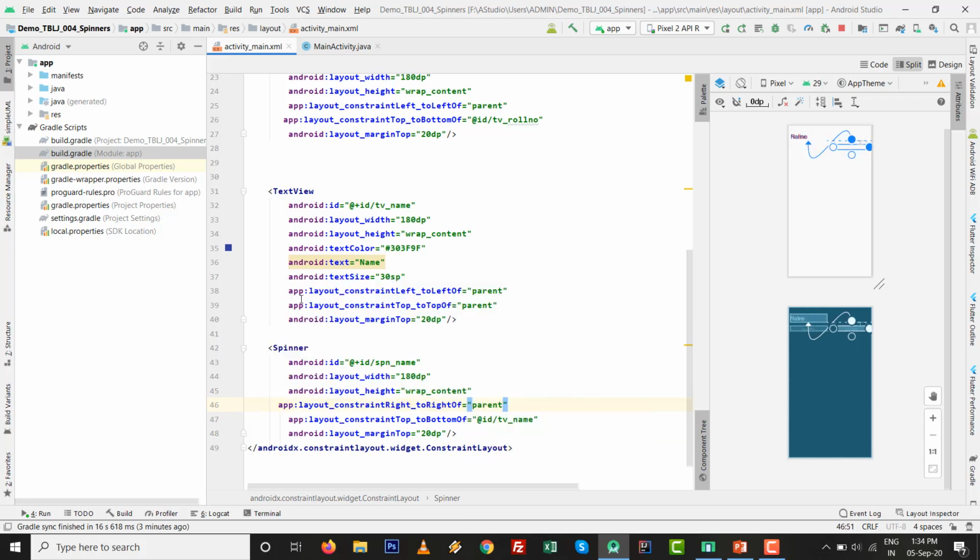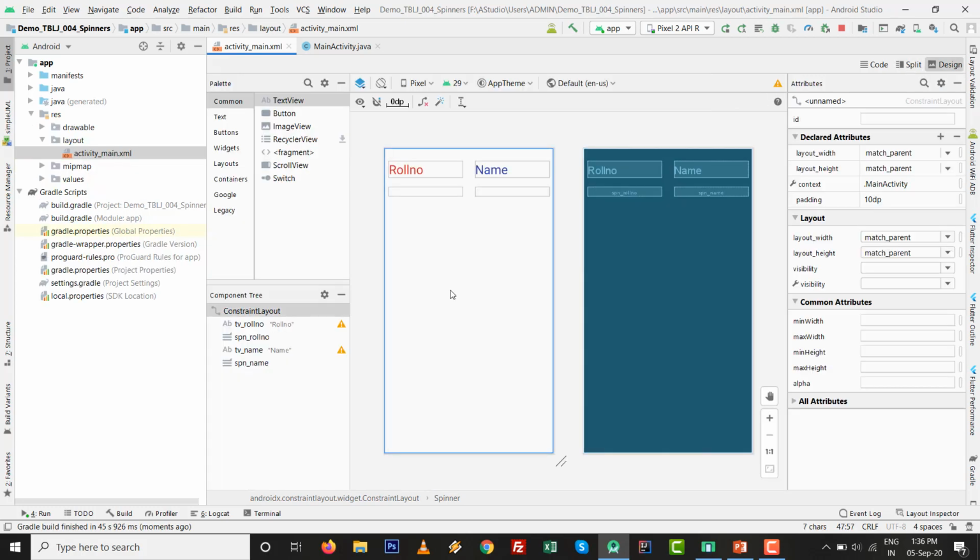So once again I will set right to right of parent on this one also. On the right to right of parent, and it is right to right of parent TV name. Okay, so the thing is ready with our desired screen layout.